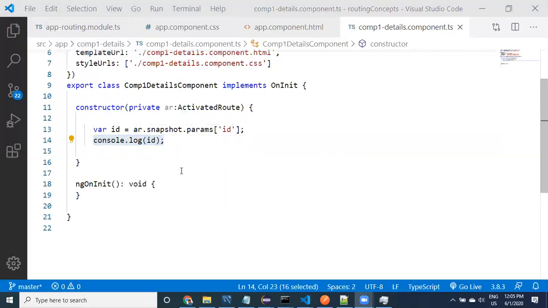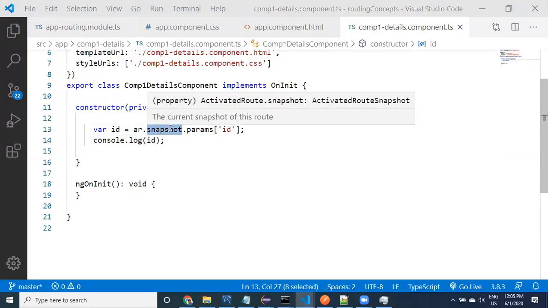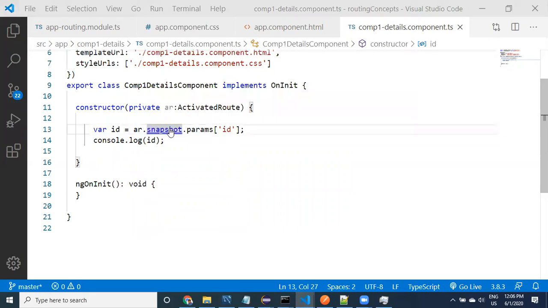Let's look at it. So using this snapshot, of course, snapshot is not the final approach. We have another approach also, but this is one approach. Instead of using snapshot, we are going to use a different approach, which I'll tell you in the next step. First, I have to show you the problem with this snapshot. Now, the data we are passing through the router, I would like to read.